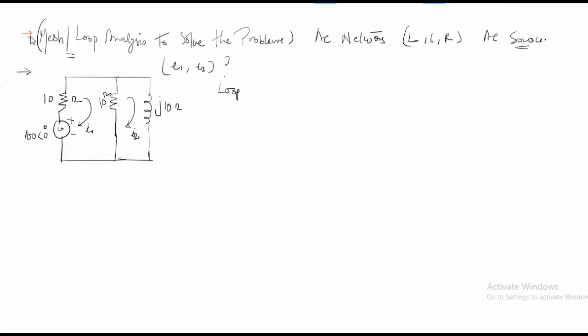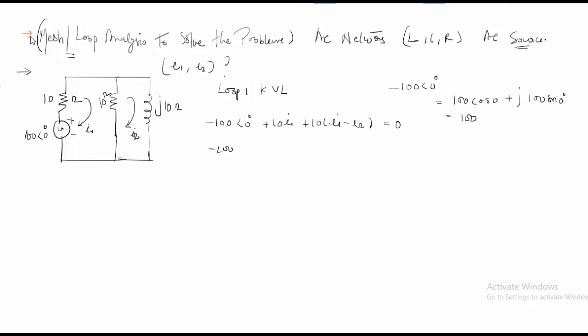So for loop 1, if I apply the KVL, the equation will be minus 100 with 0 degree plus 10 I1 plus 10 into I1 minus I2, which is equal to 0, and minus 100 with the phase angle 0 can be resolved as 100 cos 0 plus j of 100 sin 0. This will come to 100 itself. So this is minus 100 plus 10 I1 plus 10 I1 minus 10 I2 is equal to 0,